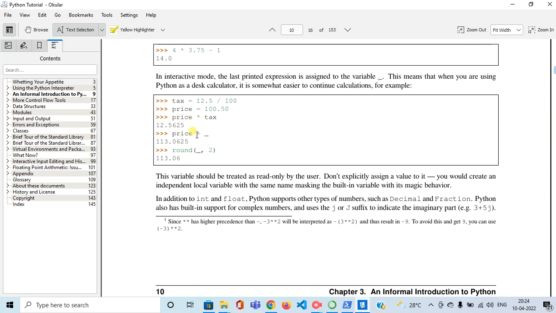12.5625. However, whenever you say price + underscore, this last value gets picked up. The last value was 12.5625. That gets added to price. Price was 100.50 plus 12.5625. This gets evaluated as